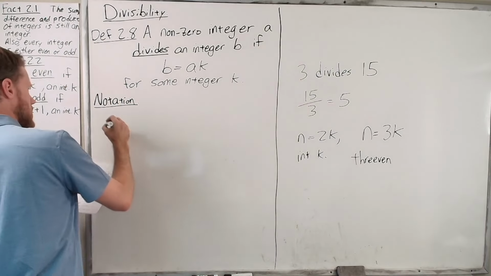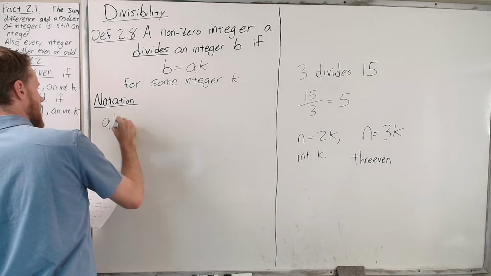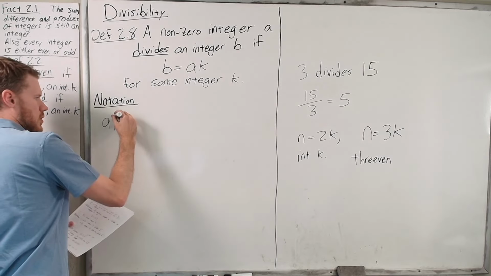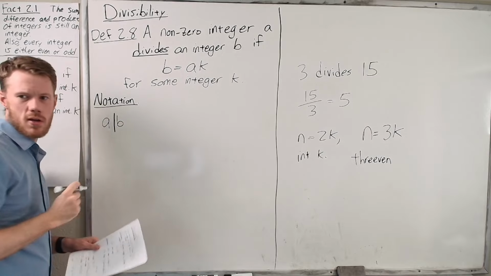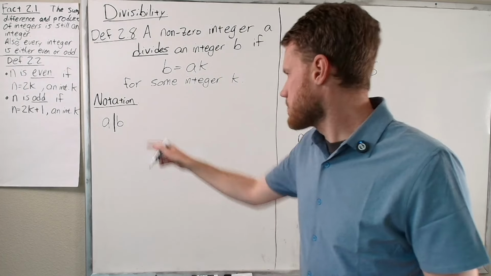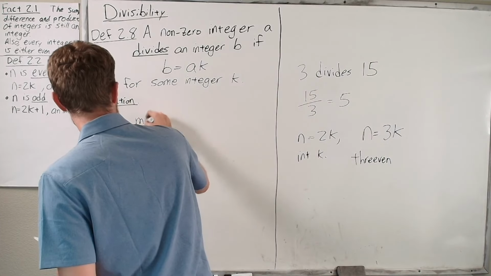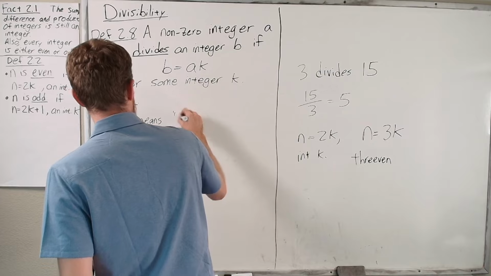We also have notation saying A divides B. This is the notation that's used. There's this tall bar that's drawn. So A divides B is written like this. Okay, this means A